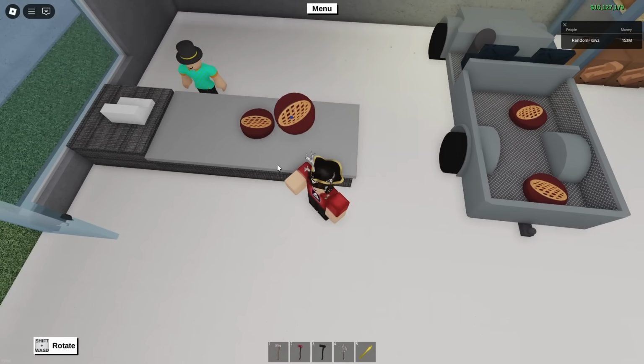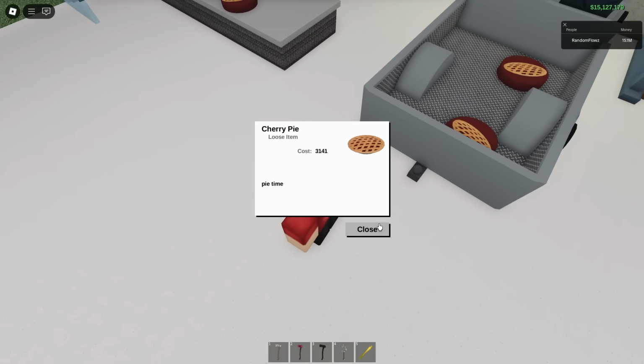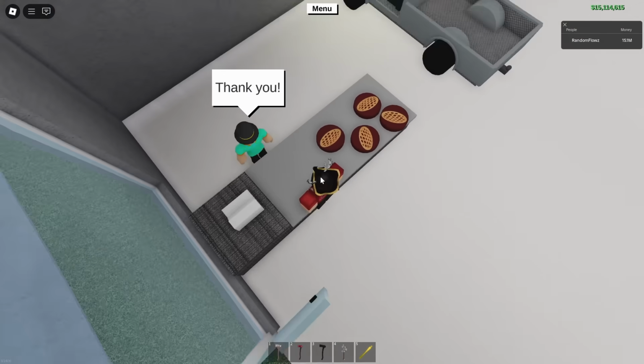These ones are super expensive. They are 3,141 lumber bucks. That's actually a reference to pi because that is 3.141. That's the first few digits of pi. But yeah, guys, make sure you also stock up on these. They're a little bit more